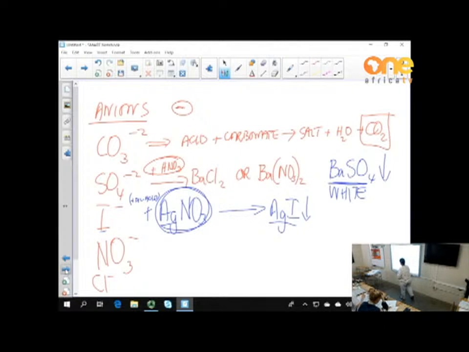Now, if you add silver nitrate to the chloride ion, you are going to get silver chloride. Now, if you had the bromide ion,